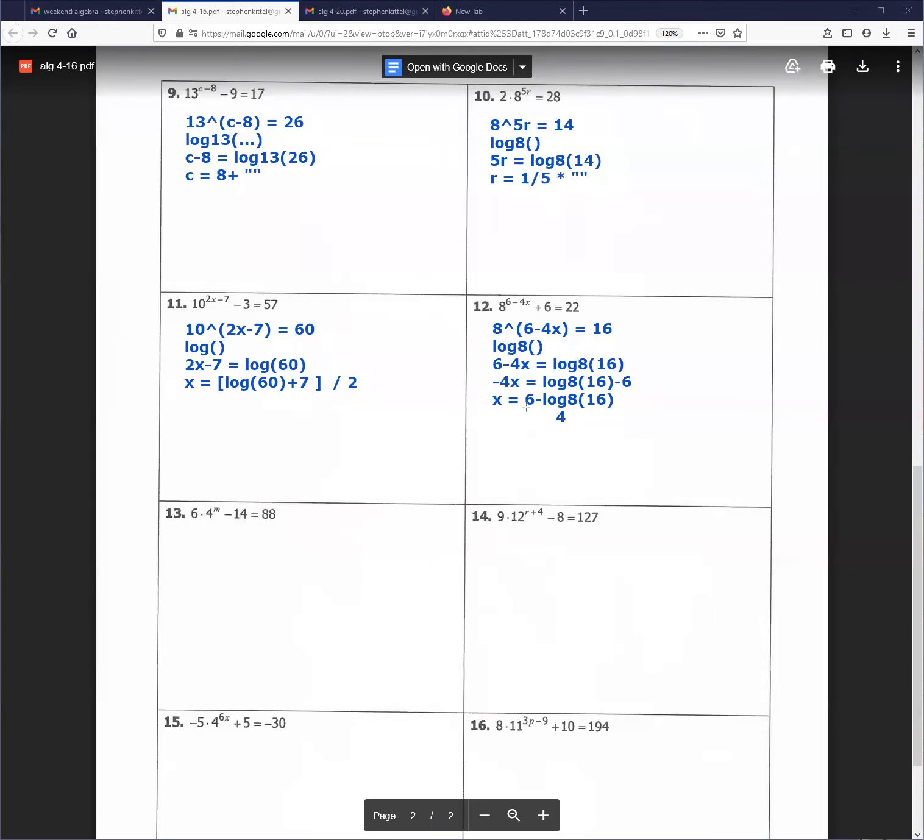Besides, why do I care to reduce it if you're just going to plug the log base 8 of 16 into the calculator? Am I right? Of course, that's exactly what you're going to do. Okay, so let's